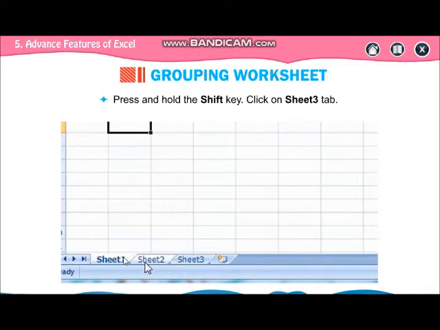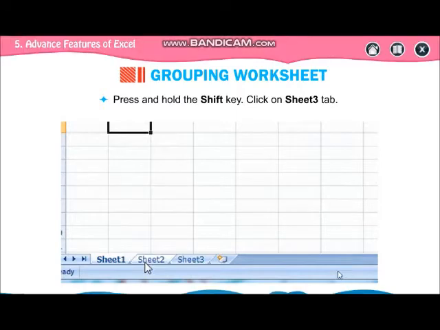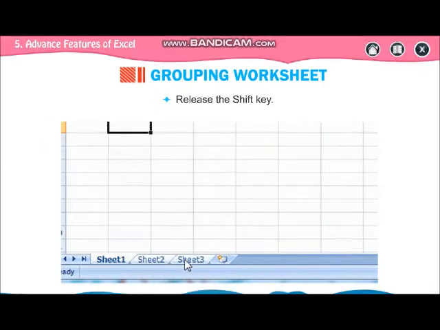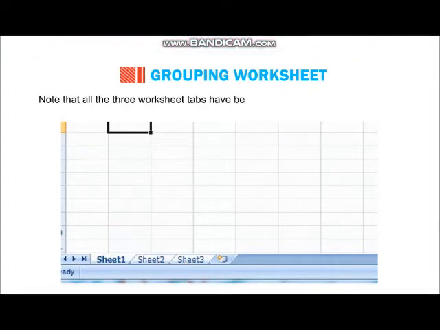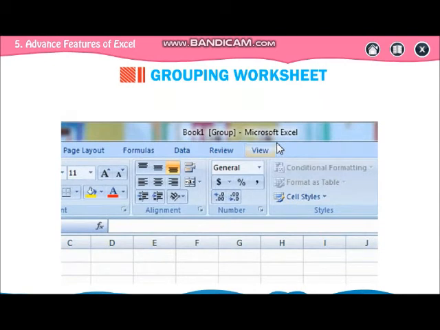We have already selected sheet 1, and after selecting sheet 1, press the shift key and select sheet 3. The three sheets will be grouped. Next to Book1 in brackets you will see Group, which means you have grouped the sheets.